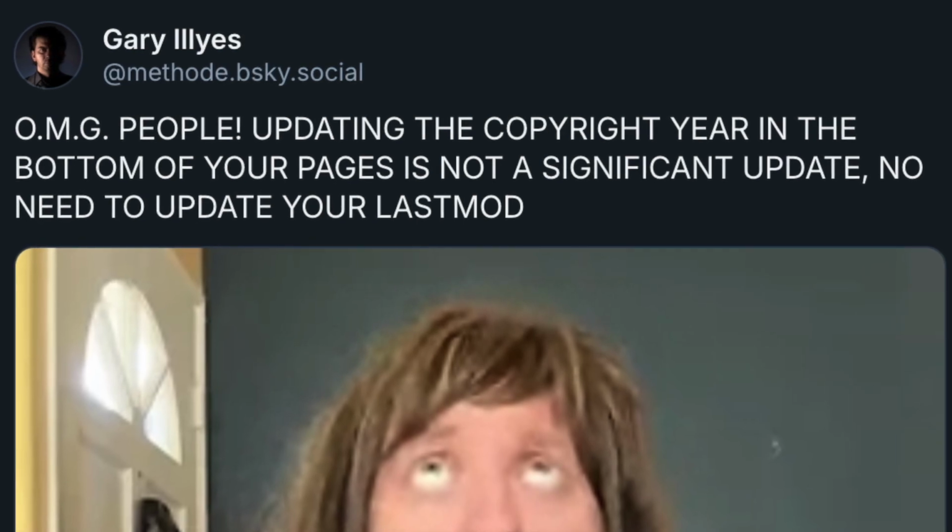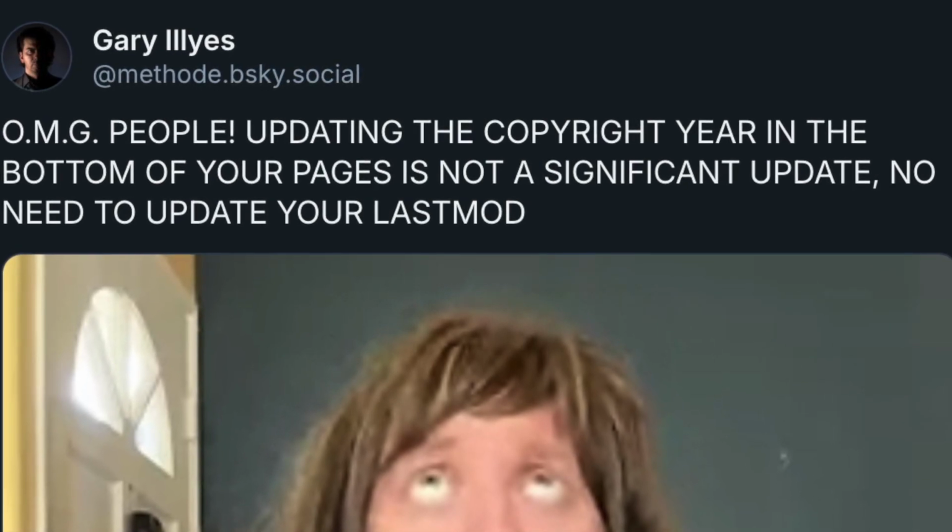And just a quick note, talking about all caps, Gary from Google went all caps on this, and he said, stop updating your last mod date when you just update your copyright date. Like if you go from 2024 to 2025 in the footer of your pages, don't say the last mod date is updated. It's not enough of an update. Then the question is, what is enough of an update to change your last mod date on your sitemap files? And that really depends. But 2024 to 2025 is not, according to Gary, in all caps.